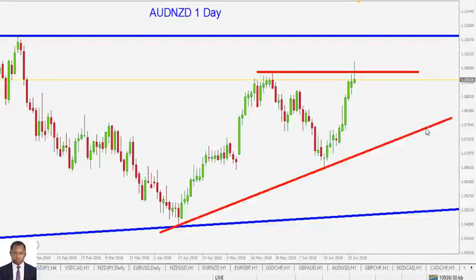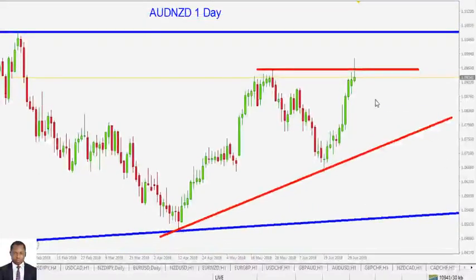But okay, I know you are really not happy about that word, but I must stress it. The Australian dollar against New Zealand dollar, this setup is quite interesting, but if we take an entry, we might be trading against this area here, which acted as resistance. Okay, it might act as support.